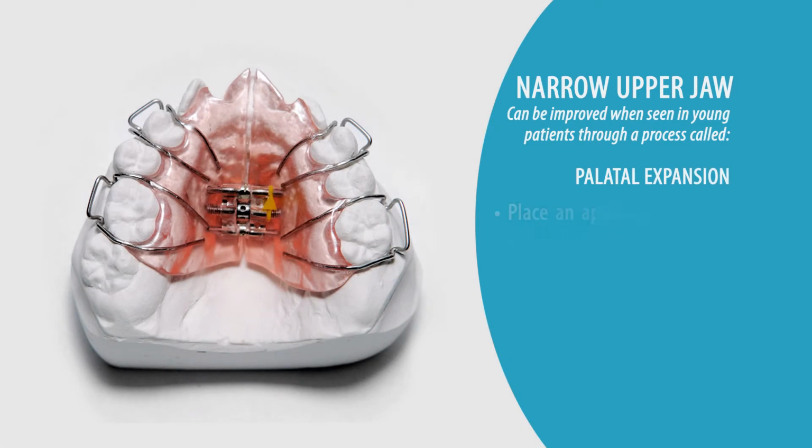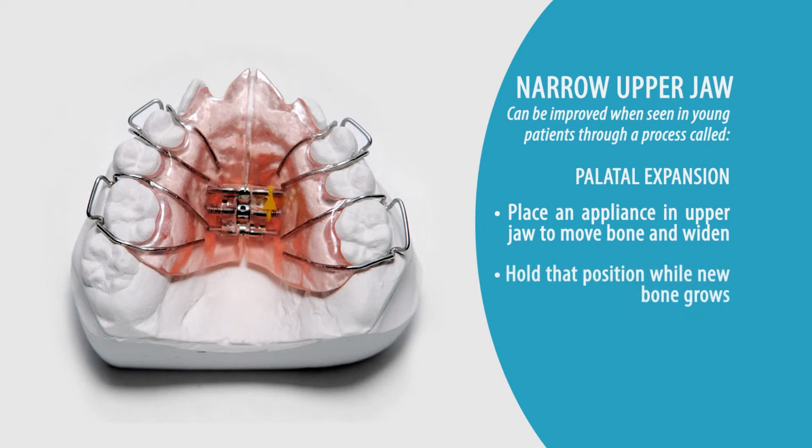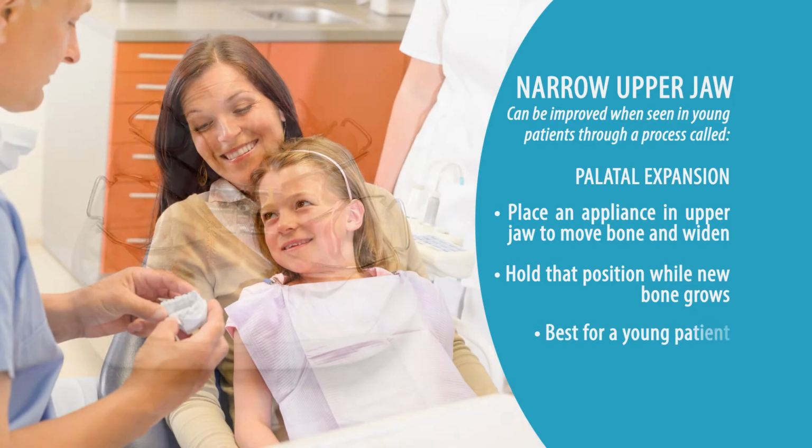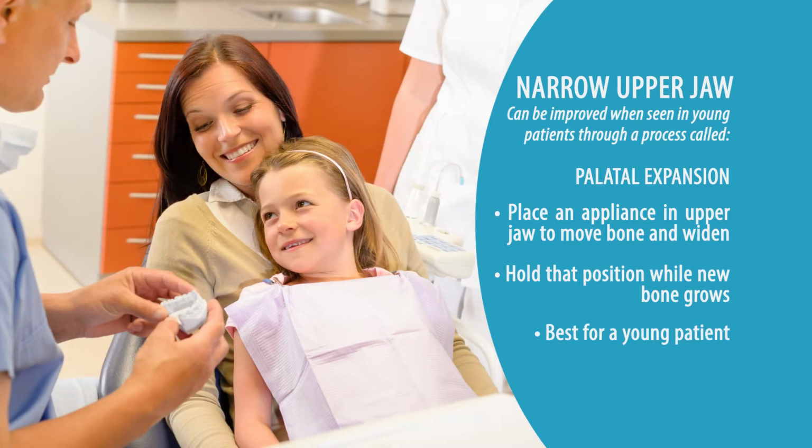That would be to place an appliance that actually moves the bones of the upper jaw apart and widens the upper jaw. We would then hold that position while new bone grows in the areas between the plates of bone in the upper jaw. This is a fairly common procedure, and it is best done for a young patient, maybe at the age of